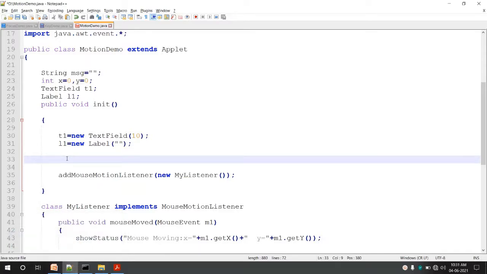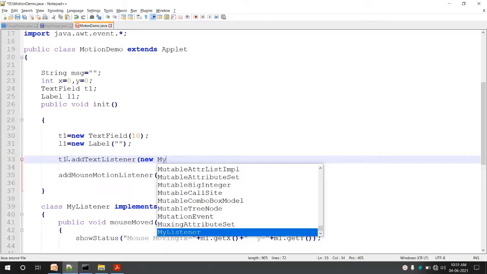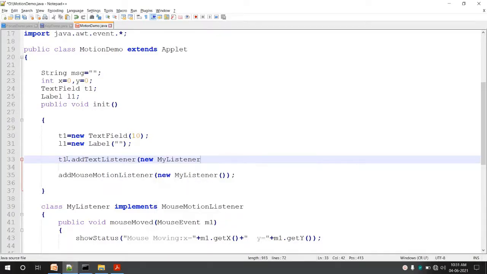To register the text listener on the text field, I'll say t1.addTextListener. Okay, we are registering the text listener, and we are sending the object of the same class, my listener, to it. Meaning whenever a text event is generated, my listener is called.